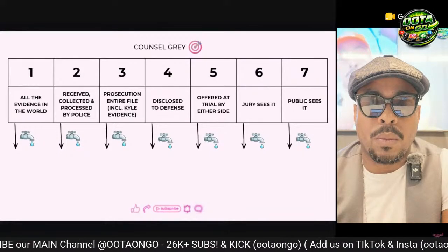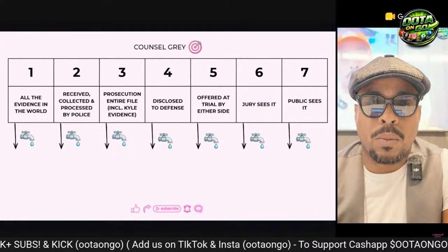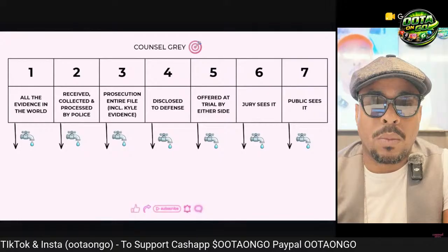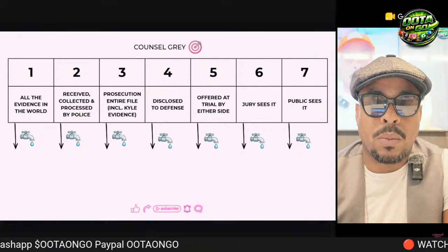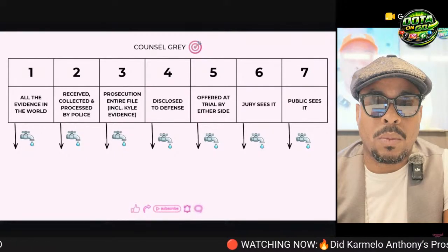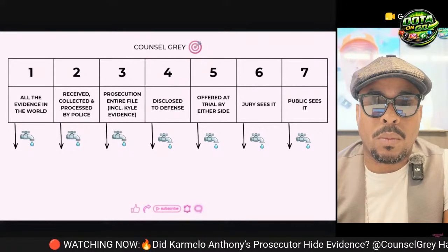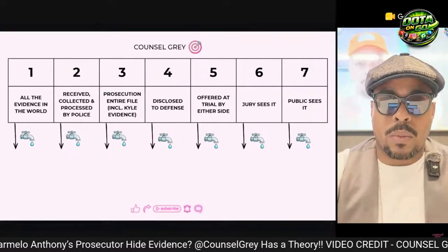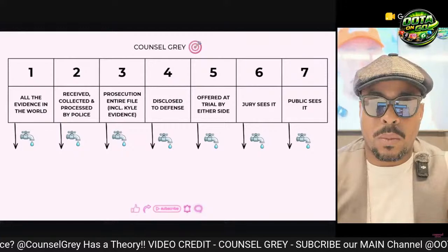Okay? So now the prosecution has disclosed some subset of everything it has to the defense. And I'm going to tell you what it would and would not disclose to the defense. So the next place where it gets a little bit smaller is what percentage of that information that has been shared between the parties gets offered by either side at trial, right? So the prosecution has this big, robust file. They're going to disclose some subset of what they have to the defense.